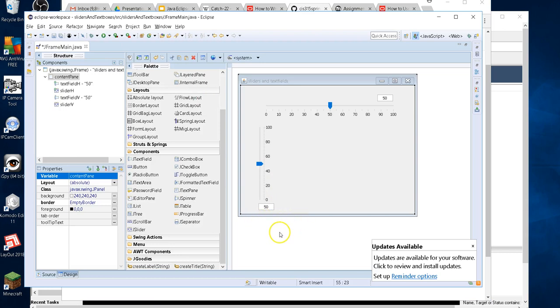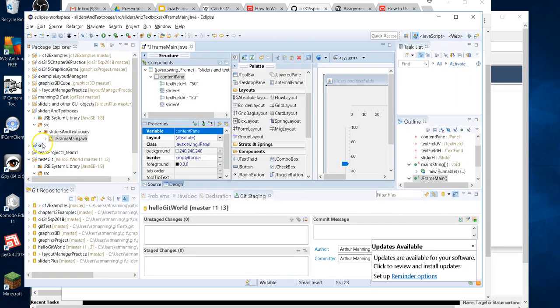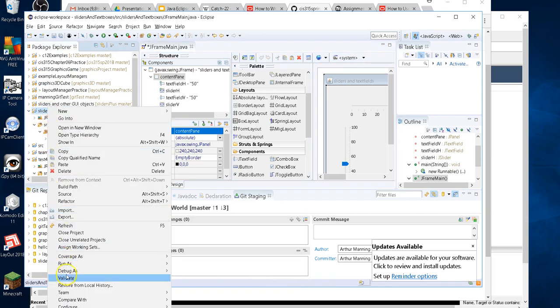So now I come back to my project, and I'm going to get ready to create a local repository. There's 2 steps. I'm going to go ahead and double-click on my tab so I can see my Package Explorer over here. Here's my project. I'm going to right-click, Team, Share Project. What this does, it creates a repository on your computer. It doesn't send it to GitHub yet. It creates a repository. You have to have a repository locally before you then can push that repository up to GitHub. So right-click Team or right-click Project, Team, Share Project,